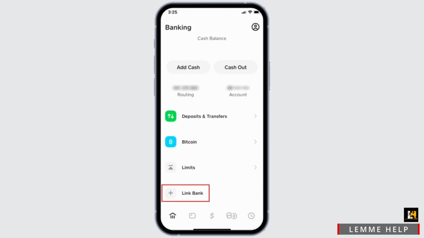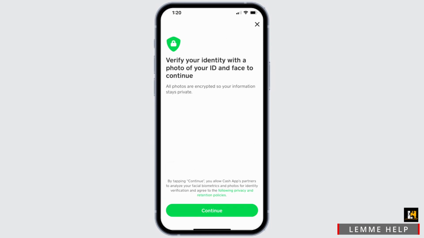You will see such an interface. Now, to verify your account, all you have to do is tap on the user icon at the very top. You have to go ahead and select the option. It will display a couple of options. Select Verify Your Identity. To verify your identity, you will have to upload your photograph and some of the verification